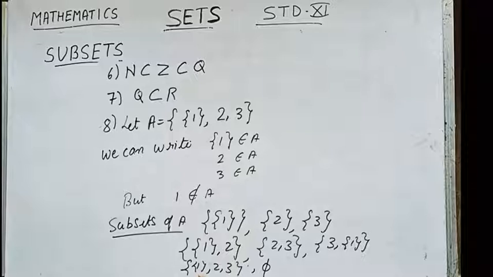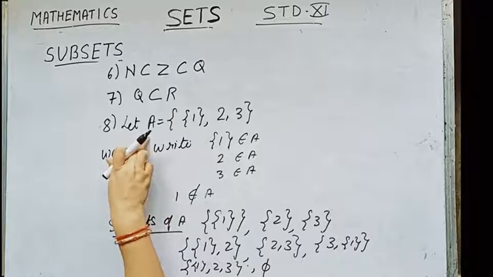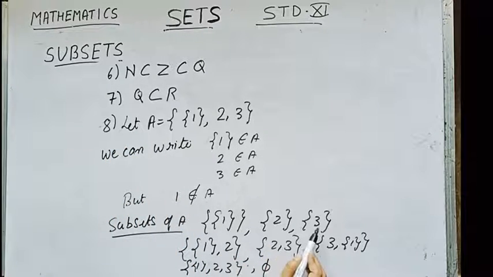So children, you see over here the subsets, that is, whatever number of subsets of A are possible, we have written over here. Also you can see that the number of the subsets of the set A is 1, 2, 3, 4, 5, 6, 7 and 8. This one is the whole set A and this is the empty set. The whole set and the empty set are always subsets of the given set.